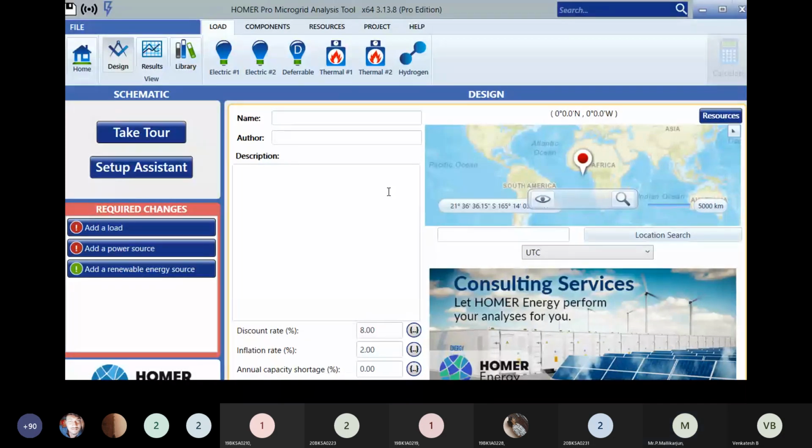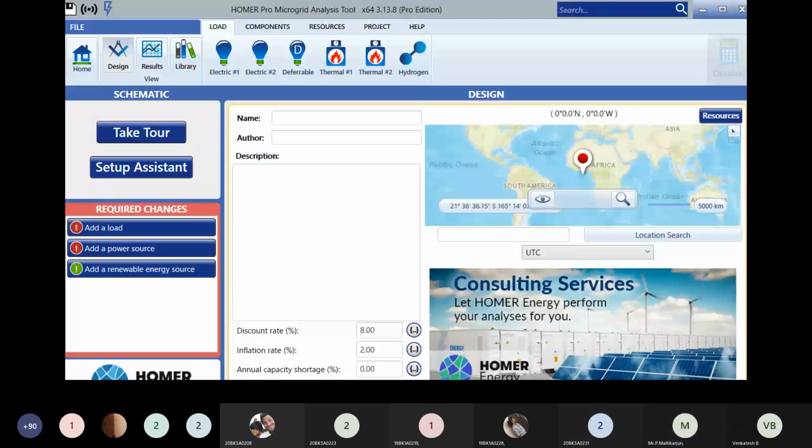That means it is not reflecting in your system, sir. Students, are you seeing an extra page other than this? No, sir. The previous page was only visible, sir. You are seeing the same previous page where it displays add a load, add a power source, add a renewable energy source. Yes or not? Sure.